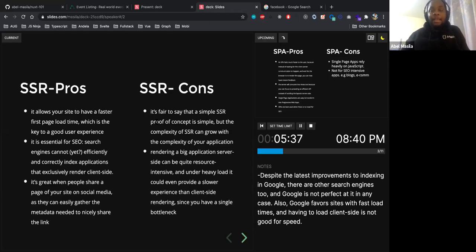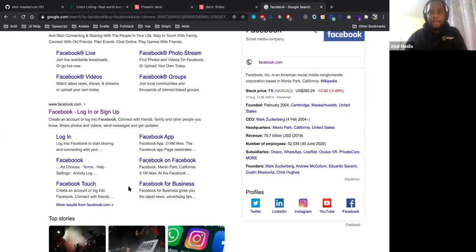A single page application is basically just one HTML file and then JavaScript. So imagine you have just one HTML file, index.html, you'll basically get the meta information just for index.html, which is not the case for server-side rendered applications.